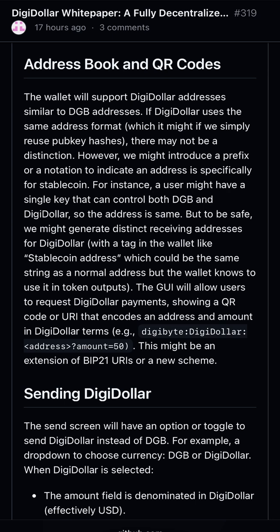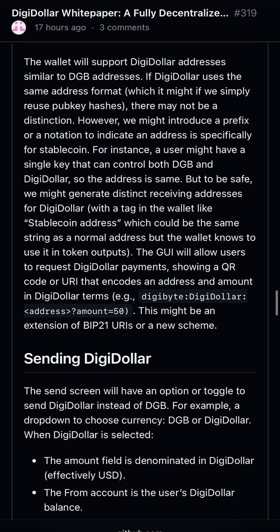Address book and QR codes. The wallet will support DigiDollar addresses similar to DGB addresses. If DigiDollar uses the same address format, which it might if we simply reuse pubkey hashes, there may not be a distinction. However, we might introduce a prefix or a notation to indicate an address is specifically for stablecoin. For instance, a user might have a single key that can control both DGB and DigiDollar, so the address is the same. But to be safe, we might generate distinct receiving addresses for DigiDollar, with a tag in the wallet like stablecoin address, which could be the same string as a normal address, but the wallet knows to use it in